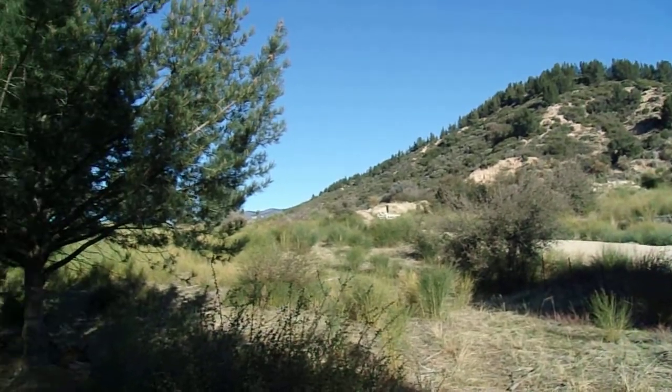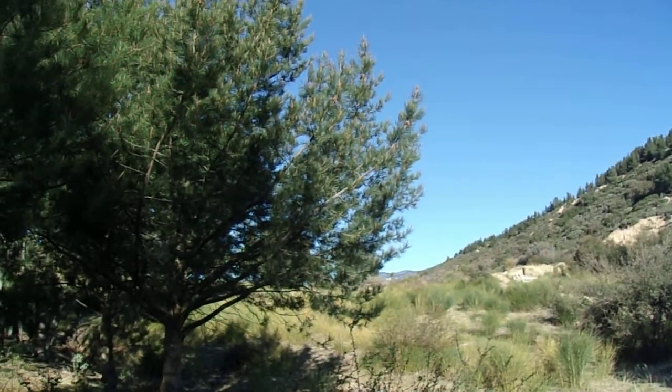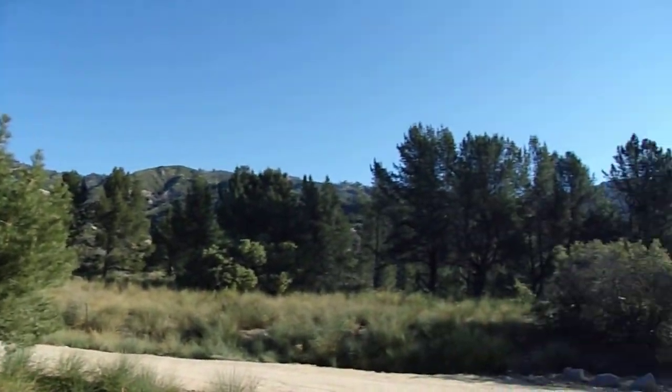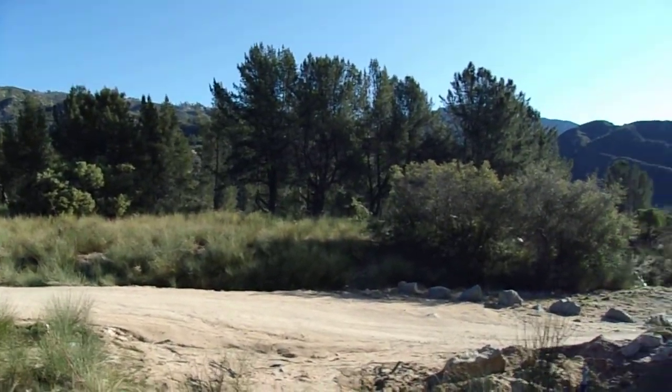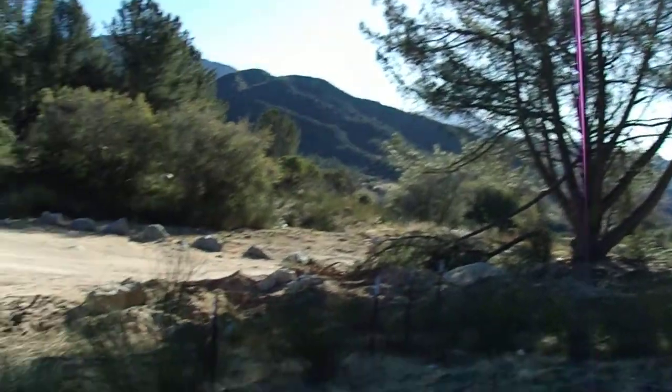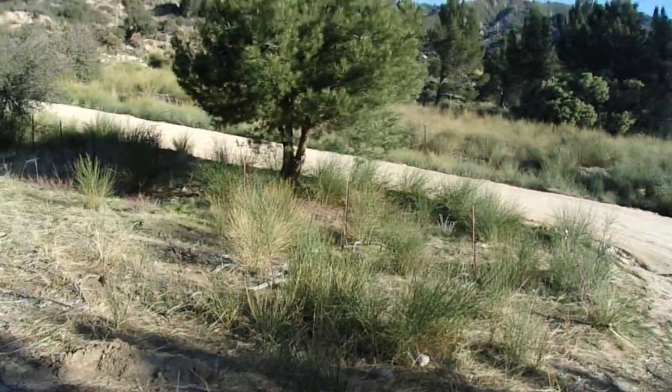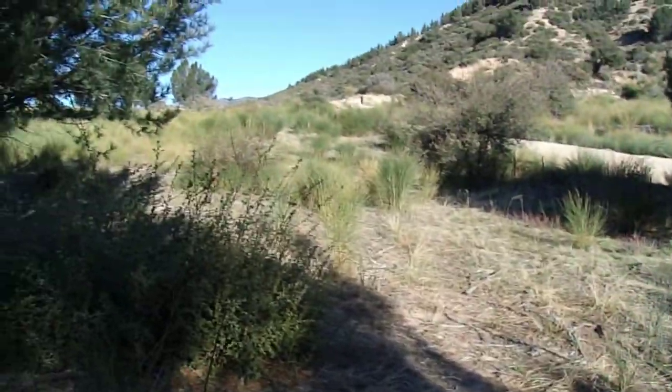We're talking about the growth of these pines in other spots. They have been known to get up to at least 80 feet tall in certain areas. Like I said, I have never seen them even close to that here in SoCal. But another note on these beautiful trees is,